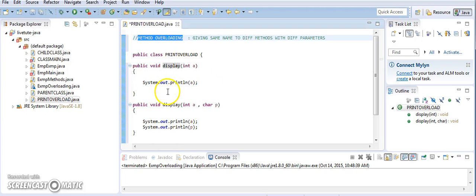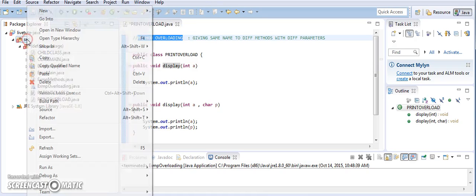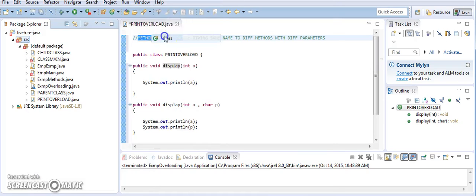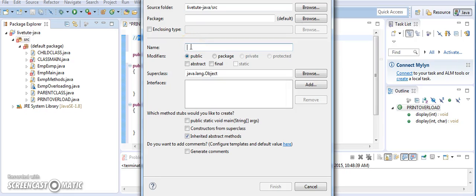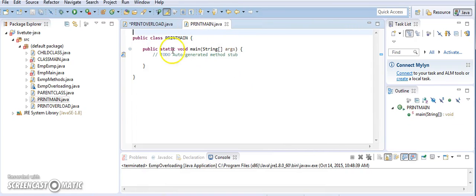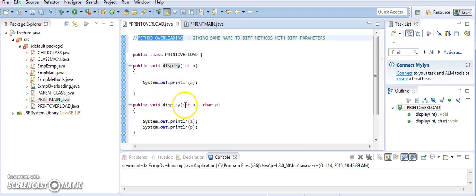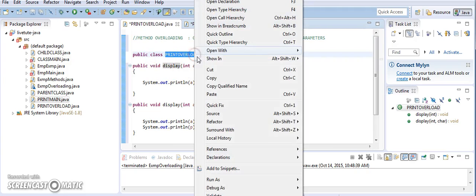Now we'll see how this works in our main class. Okay. Now let me declare another class. So just go to new class, and this is my print main class, right? My print main class. In this main class, what I'm doing is, I want to access the method and I want to pass values to this method, right? So for that I need to create an object for this,